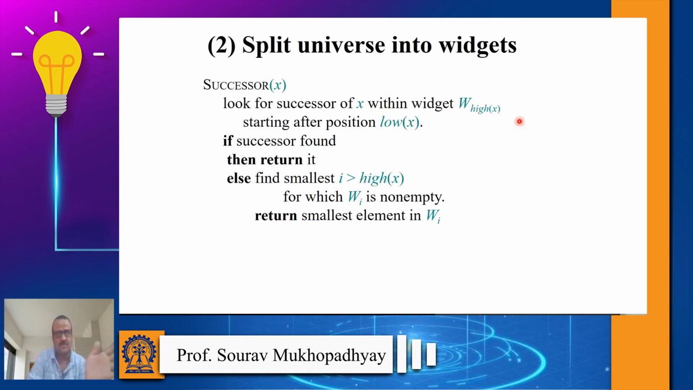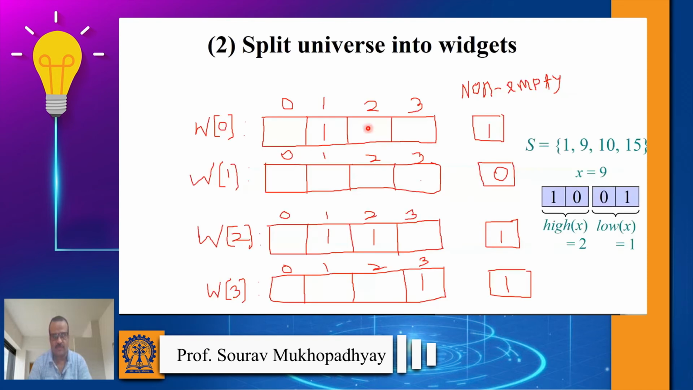That will cost us just root u. Suppose we are finding the successor of 2. We just scan after this 2. That will cost us square root of u, because the size of each block is square root of u. So if not,